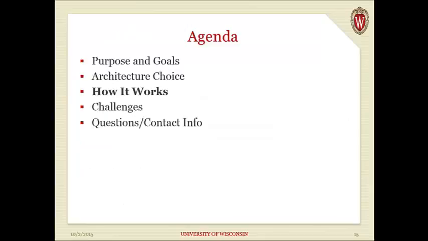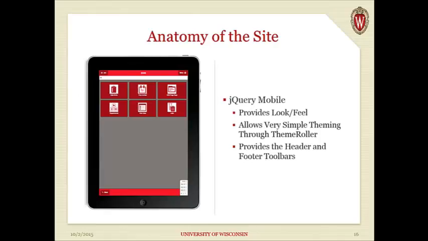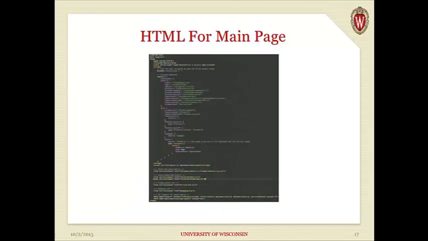in JavaScript. So, kind of how it works is you can see how the page looks right here. jQuery Mobile gives us basically everything that you're seeing, especially the toolbars at the top and the bottom, which stick around when you're scrolling. Because it is a page and I'm an admin, you do get the little thing in the bottom right-hand corner, but whatever. And here I just wanted to quickly show the HTML for the main page,